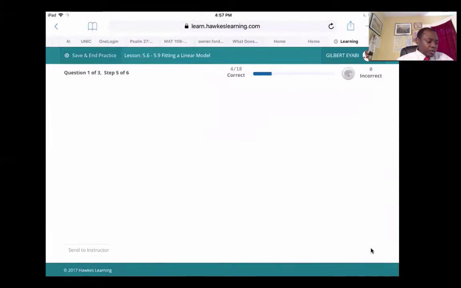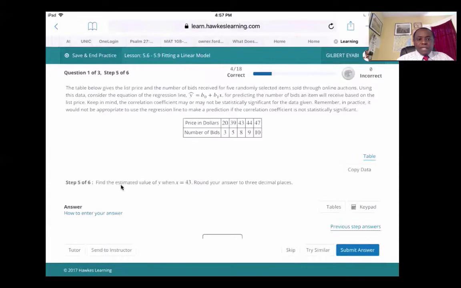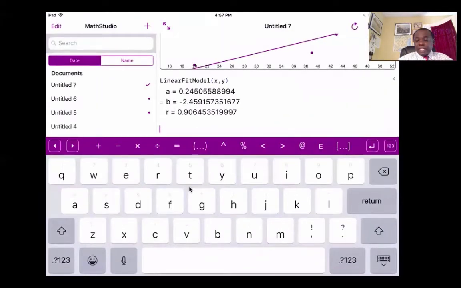Okay, we're almost done here. Now, find the estimated value of y when x is 43. So all we have to do is go back to MathStudio. Y equals ax plus b. So what is our a? Our a is